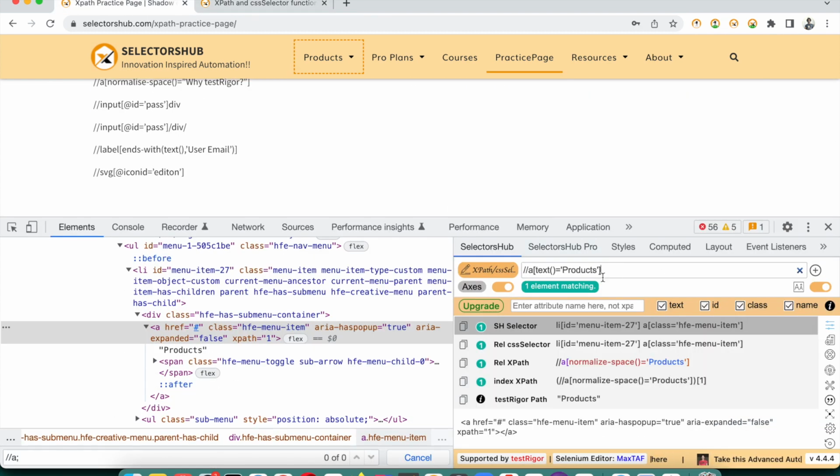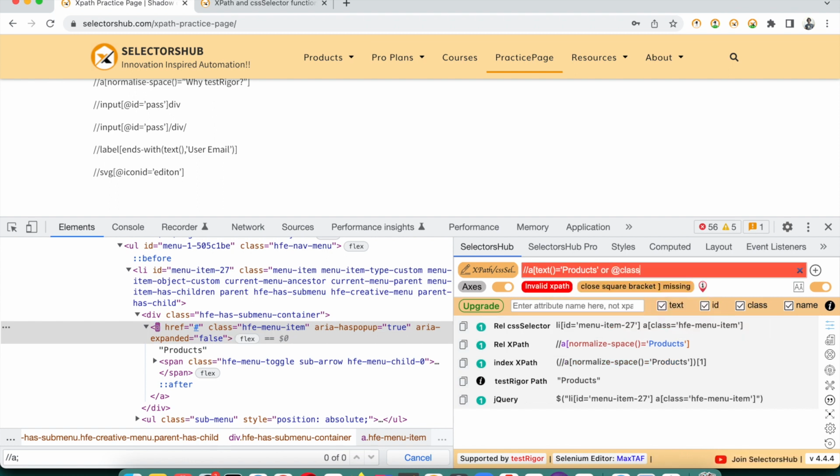So here, in fact, we have written this one, and you see that we have added this condition: the class is equal to this and text is equal to this. Suppose you want to add a condition this way, with "or" equal to; this way also you can add your condition here. Okay, and then you would be able to write the xpath in this way as well,